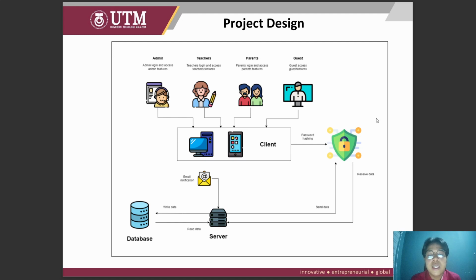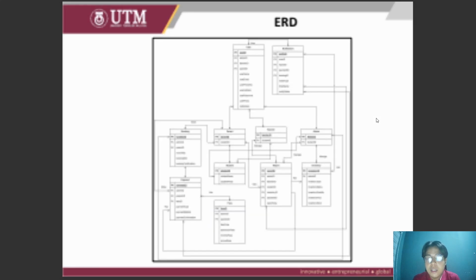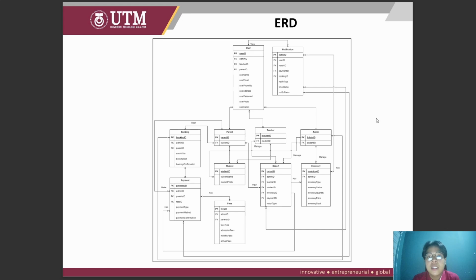So this is the project design. The admin, teachers, parents, and guests have their respective pages that they can access, and they will use the client server networking, and also the password hashing, and the email notification will send the reminder to the server, and all of the data will be saved into the database. So this is the ERD of the proposed system,